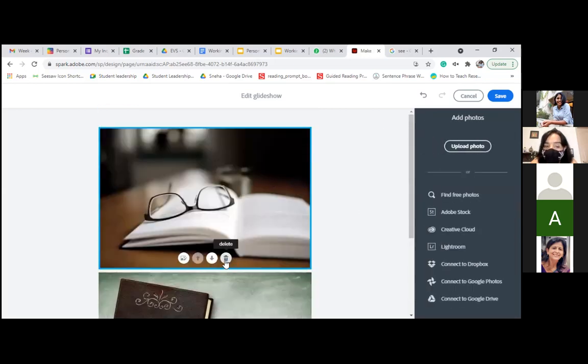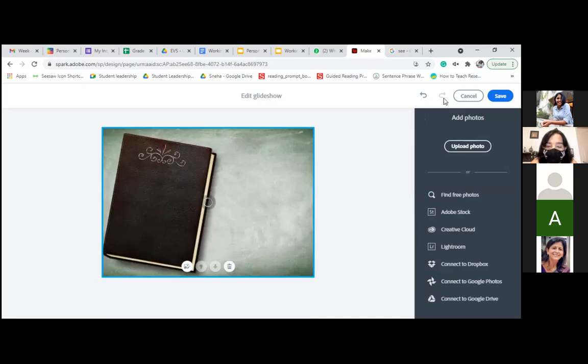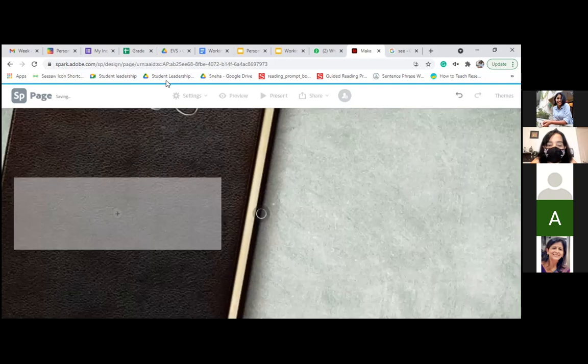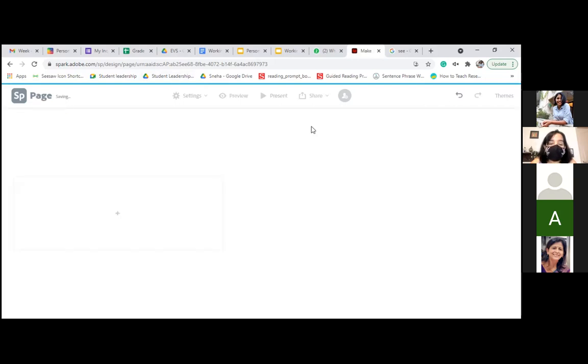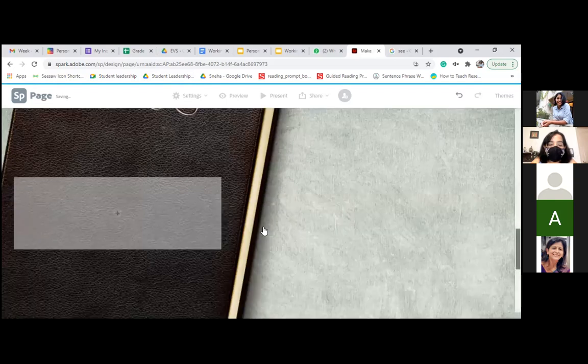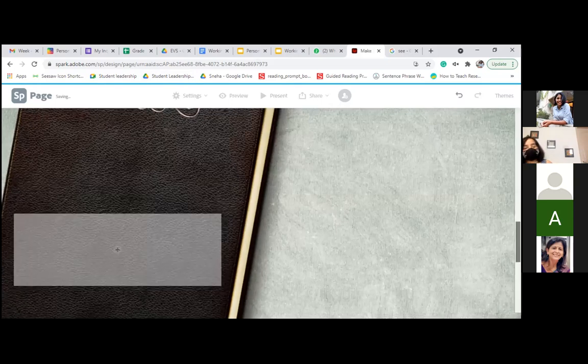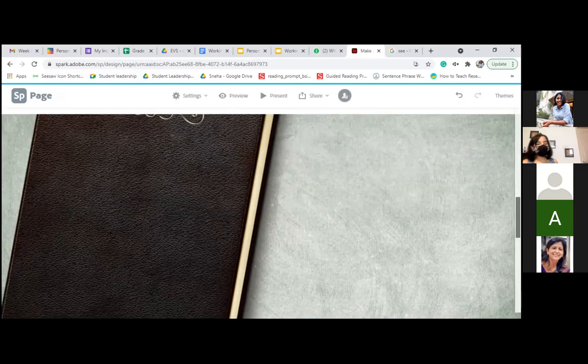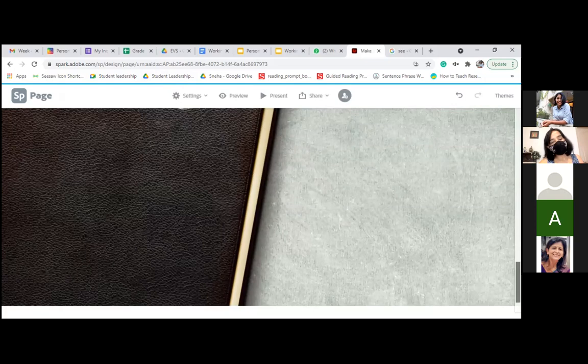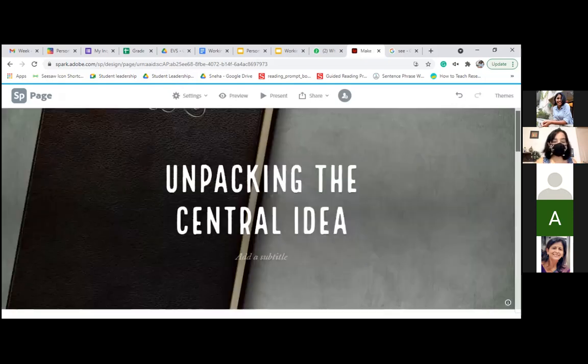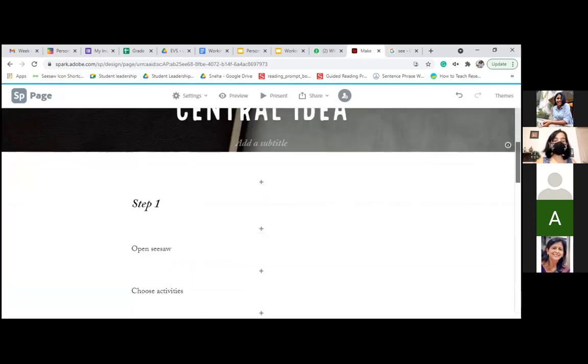Glide show is like, yes, that the image will stay there and then you add the text. So just as I clicked the save option there, yes. And this is how it will look like. So for example, this image will stay in the back like this and then you can scroll through the text. Earlier how it was happening was that there was nothing in the back. There were blank spaces.